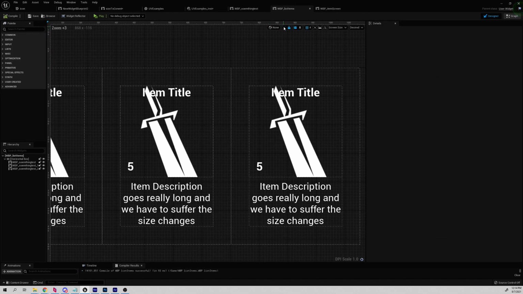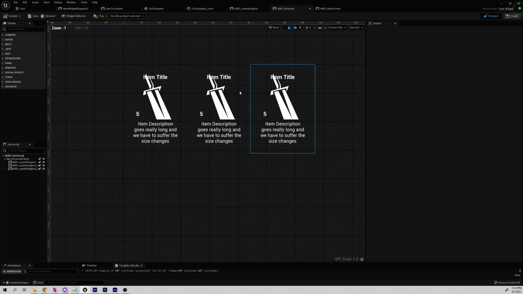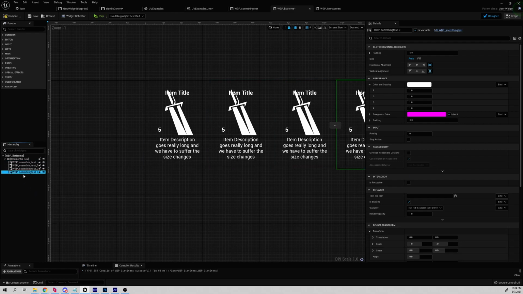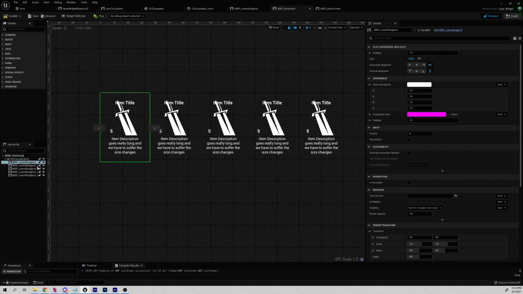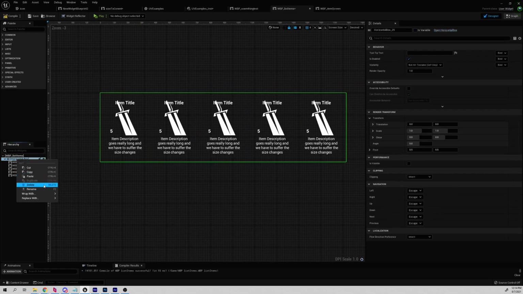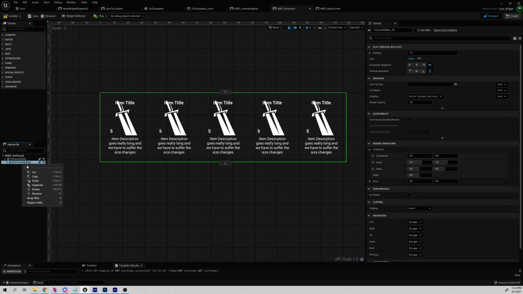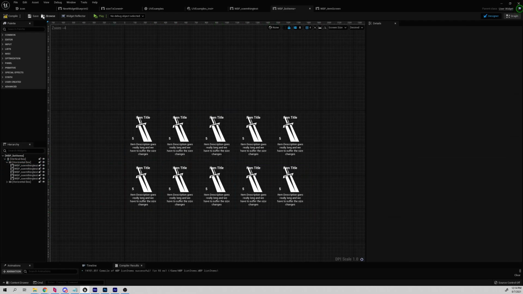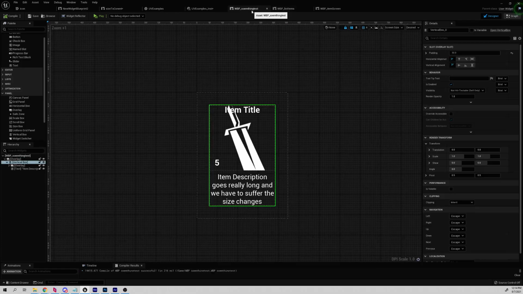This little icon up here will change the grid off and on. And so now we can have item descriptions, and every time this widget is loaded, we can put in a couple more, and the padding will be correct. And we could even then wrap this in a vertical box and duplicate this horizontal. And now we basically just made ourselves a fun little grid. File save, and